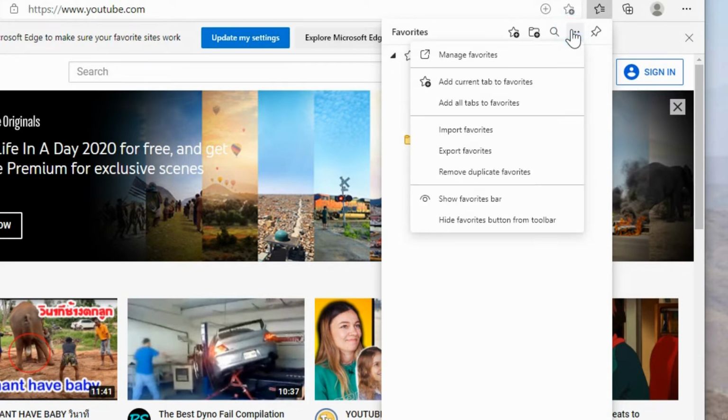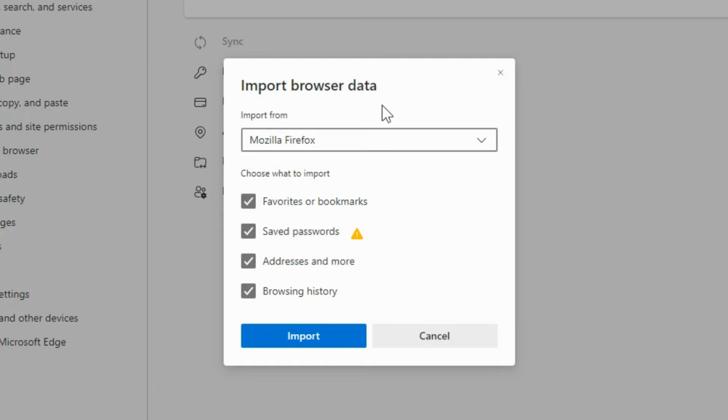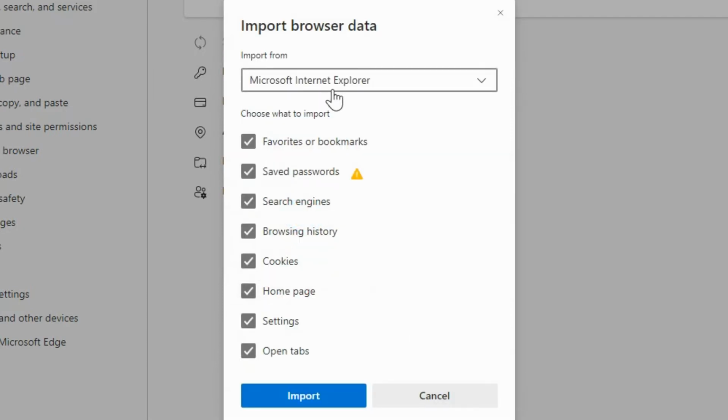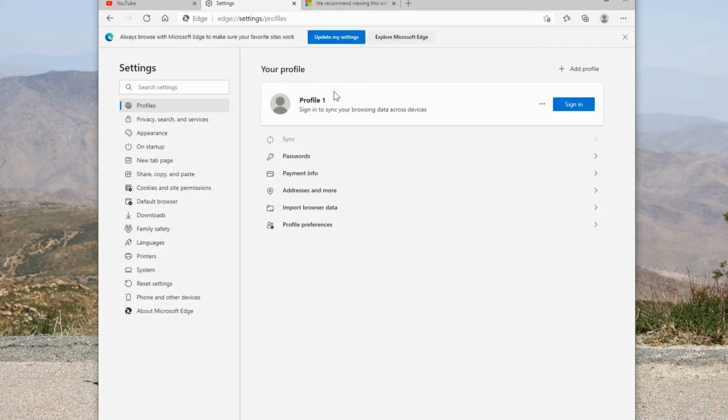So the three dots again up here, there's import favorites, and this will work the same if it's one of the other browsers. You can say you're going to import your favorites from, and here's Microsoft Internet Explorer. And you can include not only the bookmarks, but saved passwords, search engines, and all that stuff. So we can go to import and say we're done.